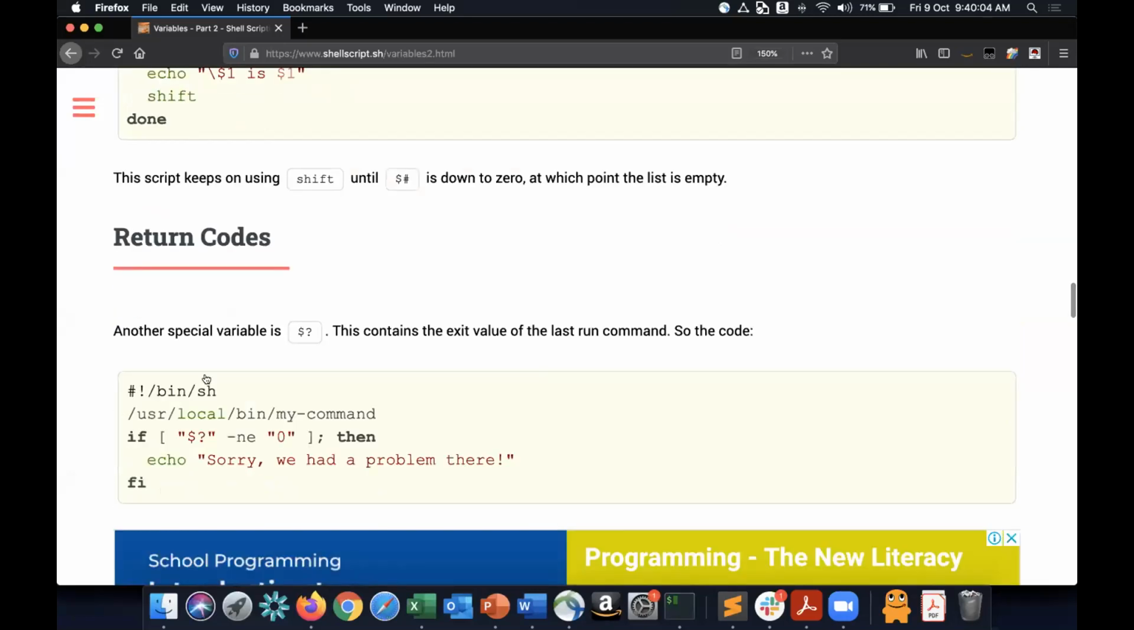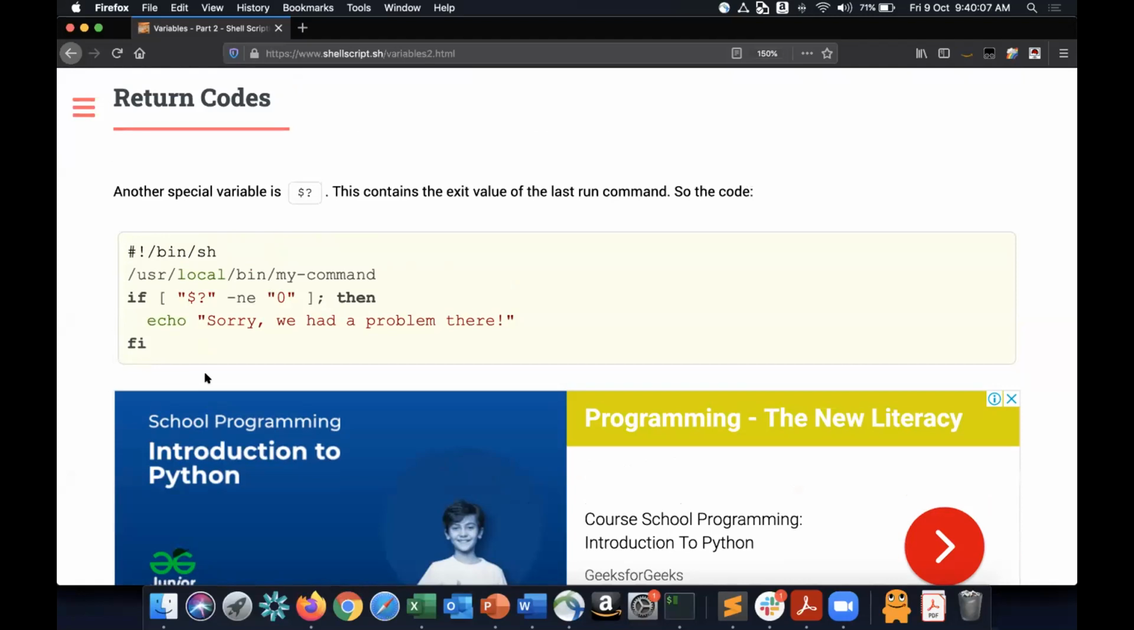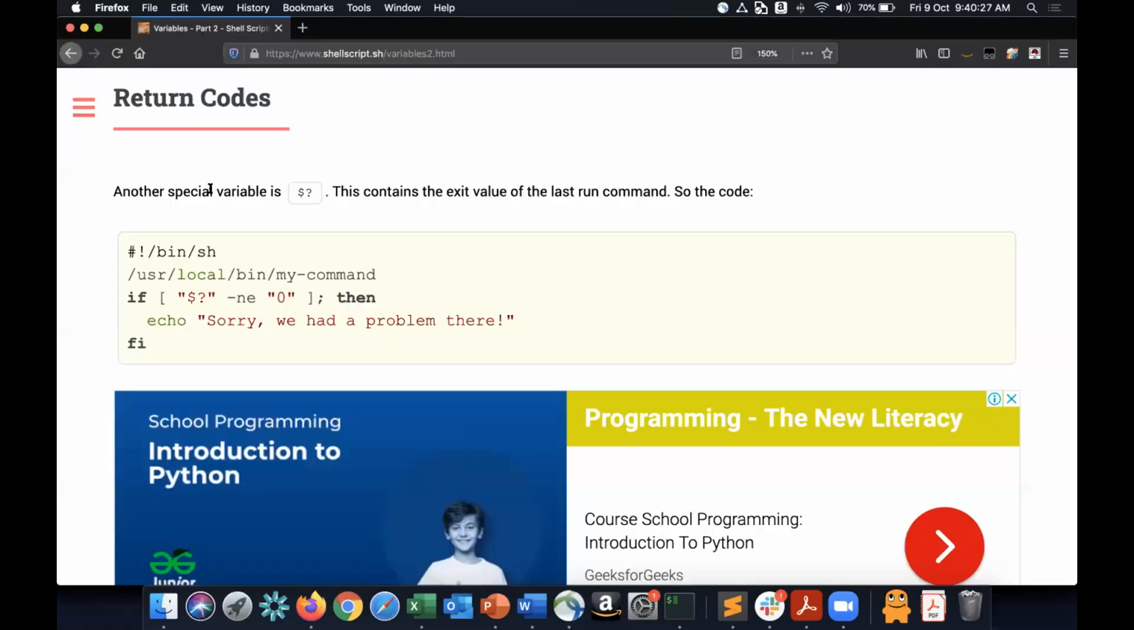Okay, so now we will create more programs which accept arguments and process the arguments and things like that. Okay, now let's go to return code. A lot of programs that you write, or that are already there, will actually have a return code. If you want to say that something has gone wrong